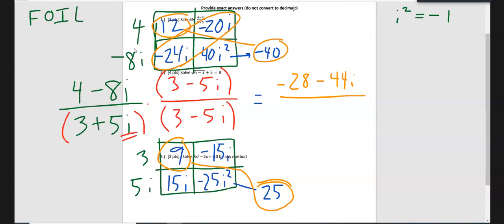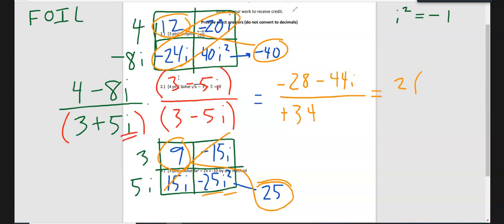But 9 plus 25, that's that negative 25 and that i squared cancel out. That gives me a positive 34. Well, guess what? Those two cancel out completely. And my goal of getting no i's in the denominator is true. Now, technically, I could leave my answer like this. I don't know if your teacher wants you to simplify it because